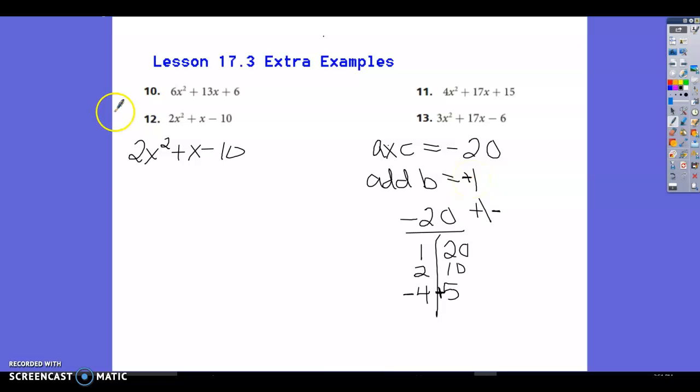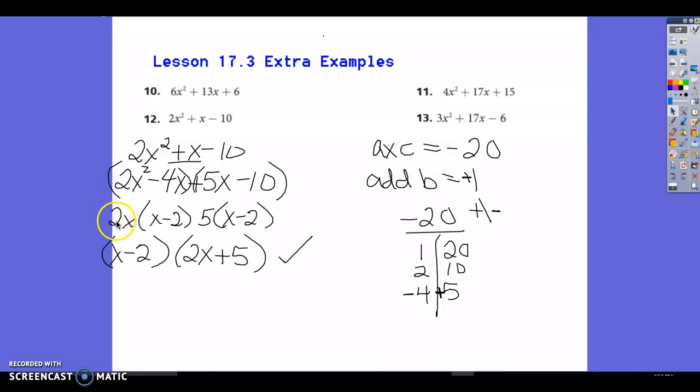So once I have my middle terms, 2x squared in place of x, I'm going to put negative 4x plus 5x minus 10. All right, I'm going to pause this and finish it so that you can see the final answer at the end before the video shuts off. All right, so I did factor out the greatest common factor here, and I factored out the greatest common factor here, and then that leaves me with this expression and checking it